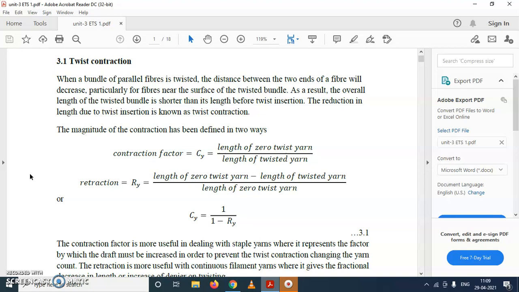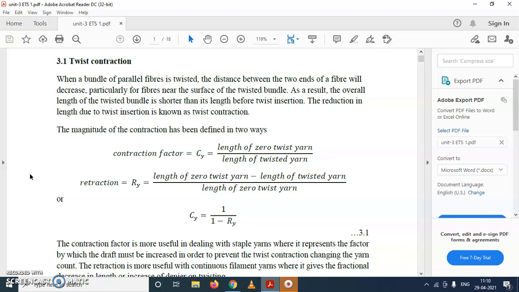Up till now, we have tried to understand the relation between surface helix angle, yarn specific volume, and the twist factor, text twist factor in the yarn. And we have also understood the definition of packing factor and how packing fraction is related to specific volume of fiber and specific volume of yarn. And we also know that specific volume of yarn is the inverse of basically volumetric density of yarn.